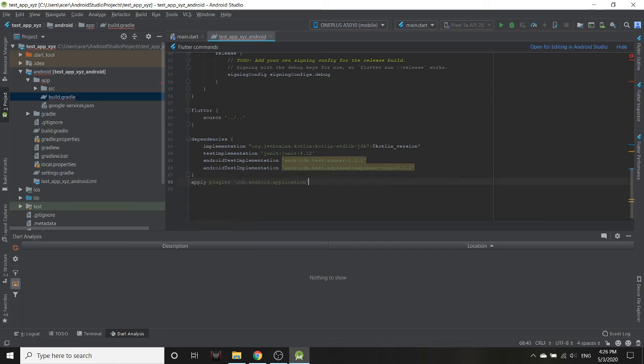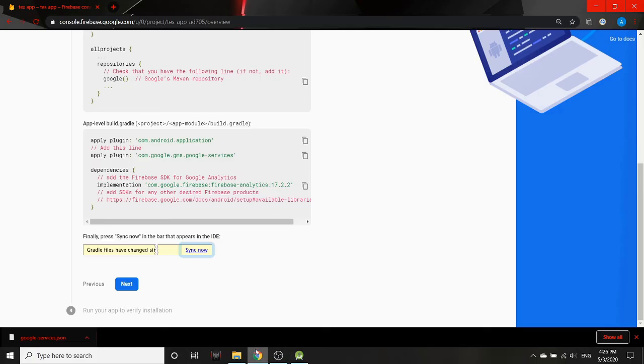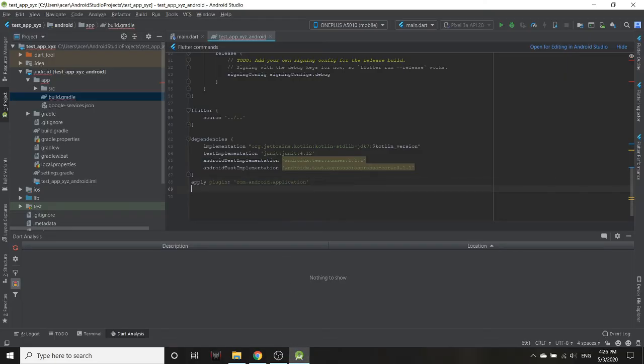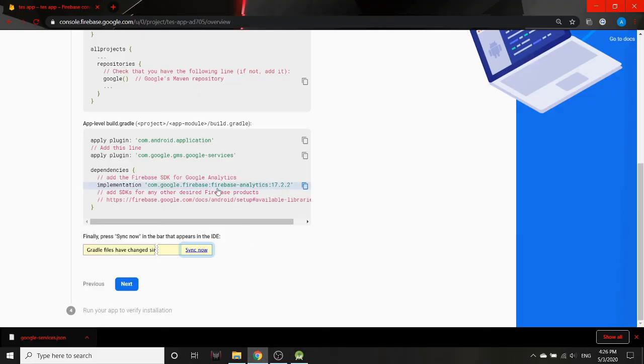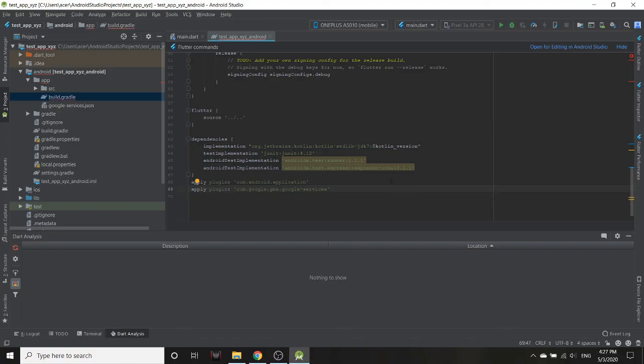You can paste it at the last or the first, it doesn't really matter. And then implementation Google Firebase Analytics. This is the one which I enabled here. If I had disabled it, this wouldn't have been here. You can still not add it, but I'm just going to because I can.